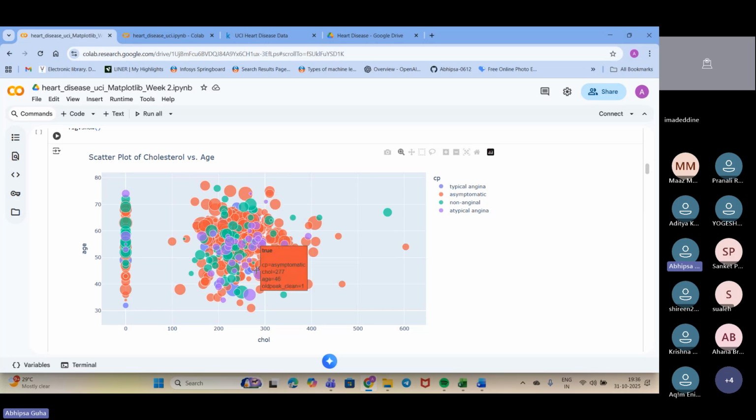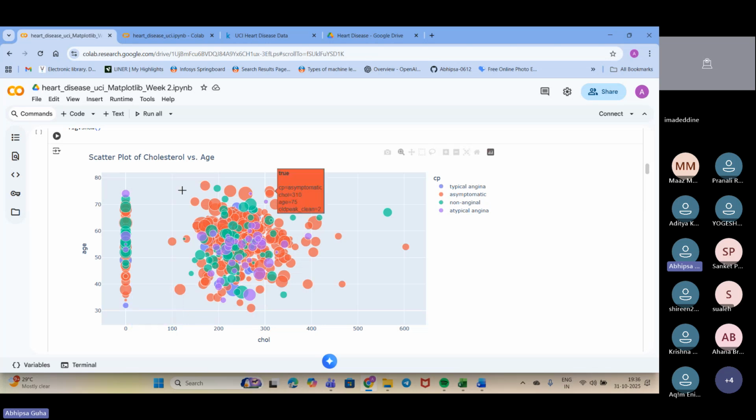And for the scattering, we have taken colors because different colors show different chest pain types. Green shows non-anginal, purple shows atypical angina, red shows asymptomatic, and this blue color, which is very less, shows typical angina.